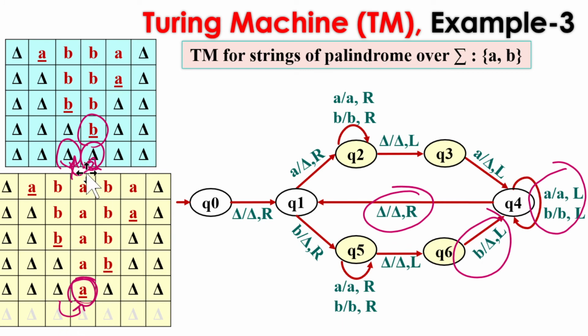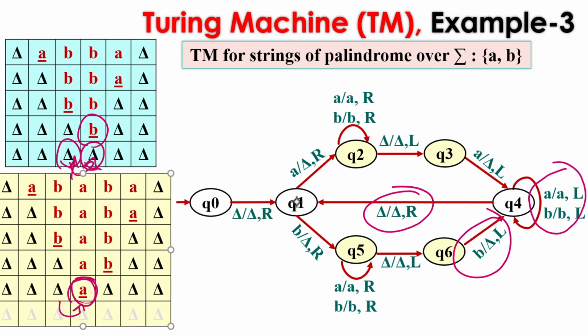So here in case of an even palindrome we have a blank, again we are pointing to a blank, we have no other symbol on the tape. But in case of an odd palindrome we are left with one symbol on the tape. So let's consider the case of the even palindrome first. As we have replaced all the symbols on the left with the equivalent symbols on the right, we now have all blanks on the tape.